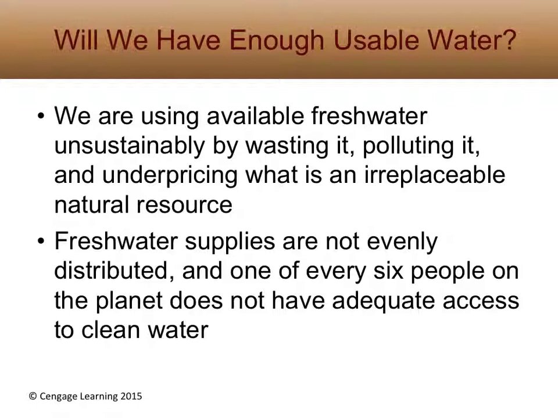We're using available fresh water unsustainably by wasting it, polluting it, underpricing it as an irreplaceable natural resource. Keep in mind, as something we'll talk about later, lots of fresh water goes into things like mining and agriculture and producing food. The amount of water that goes into simply raising a cow and processing a cow is amazing. Freshwater supplies are not evenly distributed throughout the world. Even in the United States, 1 of every 6 people, of course, on the planet does not have adequate access